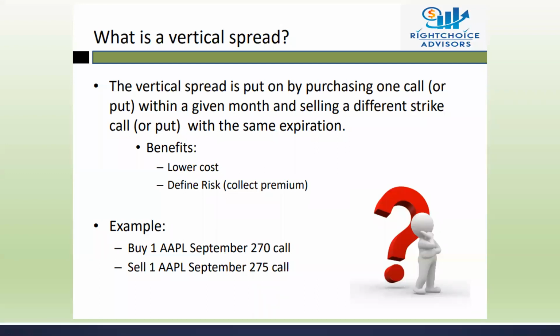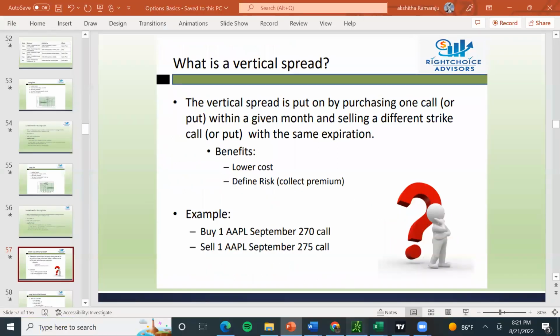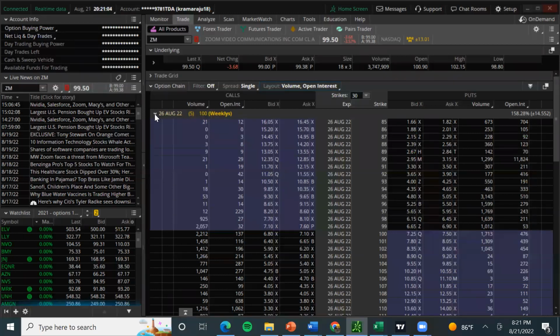This is generally what we do, right? Most of us, 90% of the traders who trade options, generally buy a call or buy a put. Whenever they are bullish, they buy a call. Whenever they are bearish, they buy a put. But one thing we all need to understand,